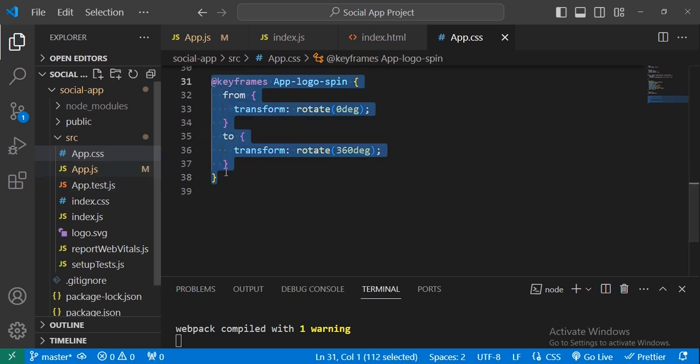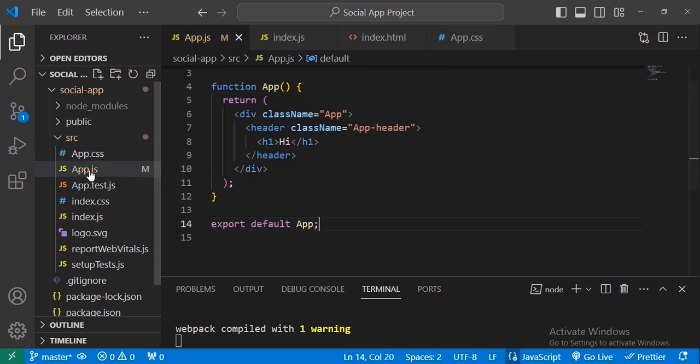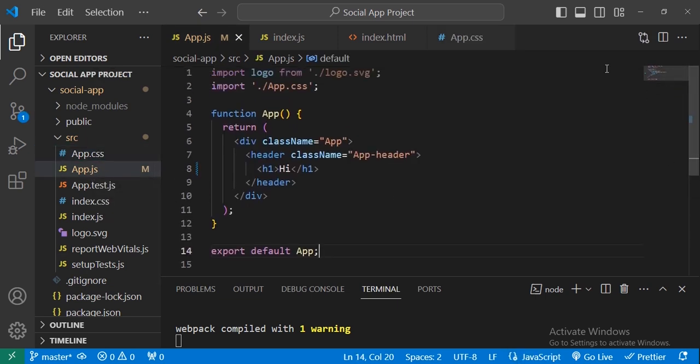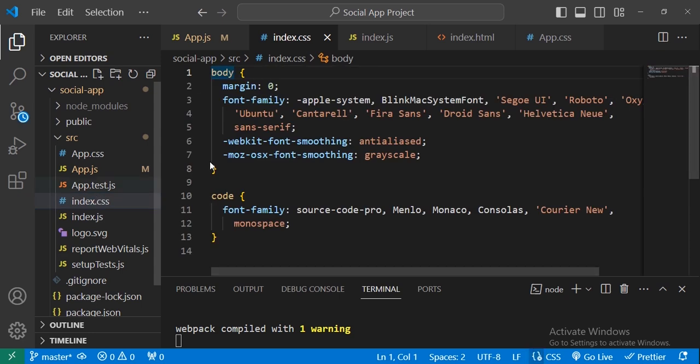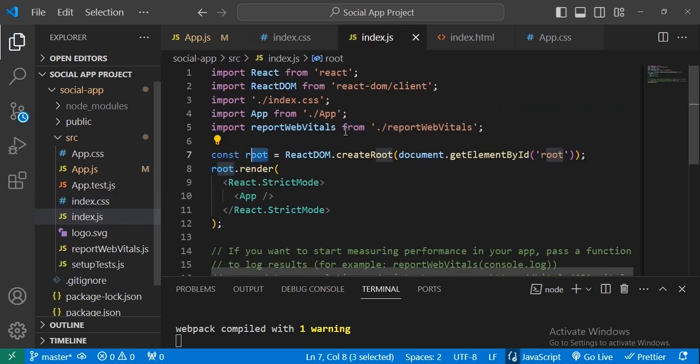Okay, and this App.css is imported inside the App. You see we have this import App.css. This is the logic for this App function that we have, and you see we have index.css also. It is imported here,